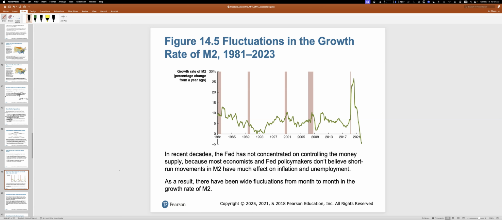Okay. For the most part, though, most economists don't believe that the M2 changing, at least in the short run, is having much of an effect on inflation and unemployment. But again, my description to you was that in the long run, as the M2 is increasing quite a bit, that does have an effect on inflation and unemployment. Kind of the description of what I said, if you increase the money supply by 50% long term, it's certainly going to cause some measure of inflation and unemployment.